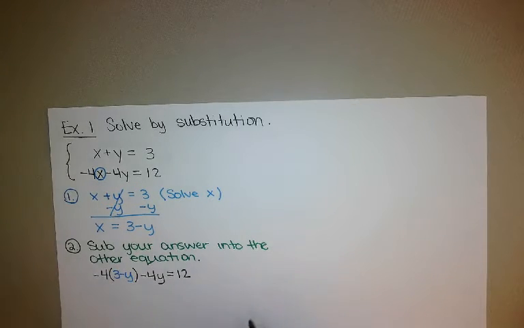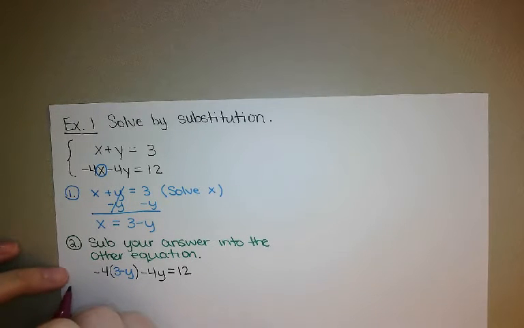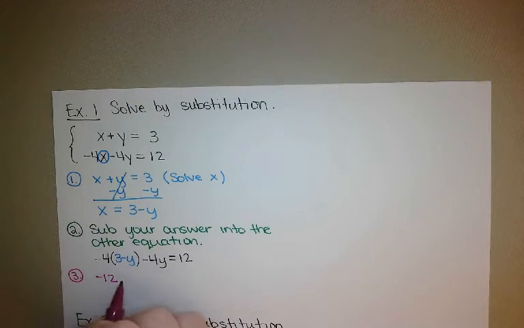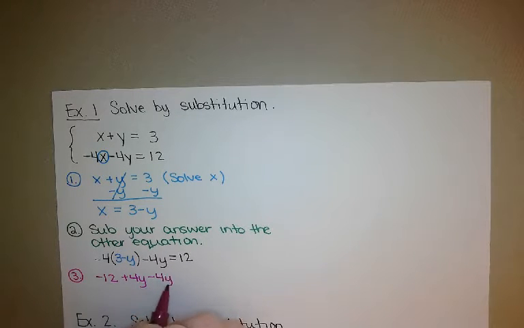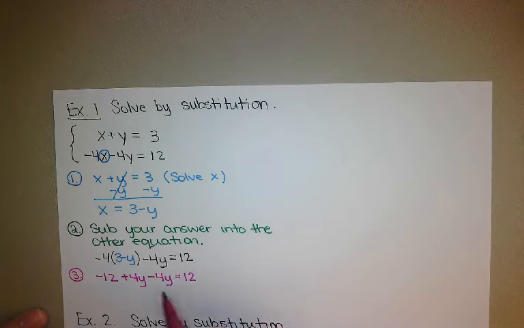equals 12. Okay, so now I'm going to solve that, which is step 3. Okay, so we're going to clear out our parentheses by distributing. So -4 times 3 is -12. -4 times a -y is a positive 4y. Then I finish out the equation, minus 4y equals 12. So I'm going to combine like terms. So I'm going to say -12, -4y minus 4y. Those cancel out completely to 0. So I don't need to say 0y